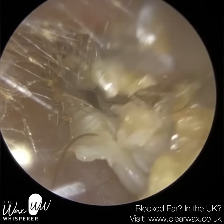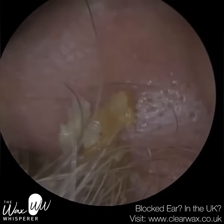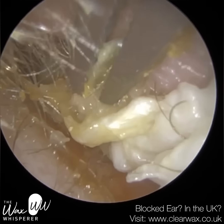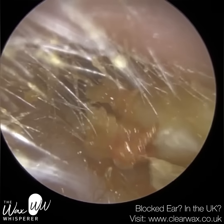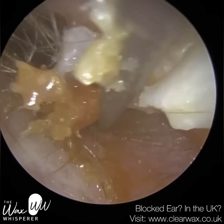Patients who suffer from benign osteonecrosis do suffer from really severe psoriasis, so itchiness of the ear. With benign osteonecrosis, you don't always get an occluded ear like this. With a canal cholesteatoma, typically you do, or a keratosis obturans. So this is not a keratosis obturans, because with keratosis obturans, the widening of the ear canal is more diffuse,